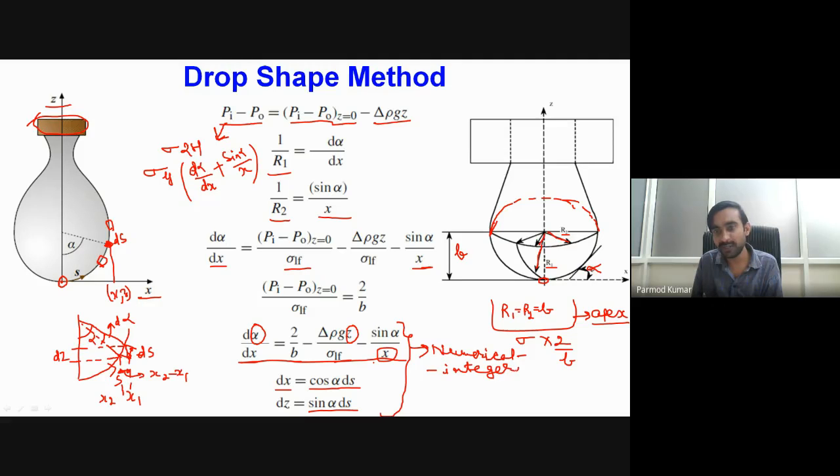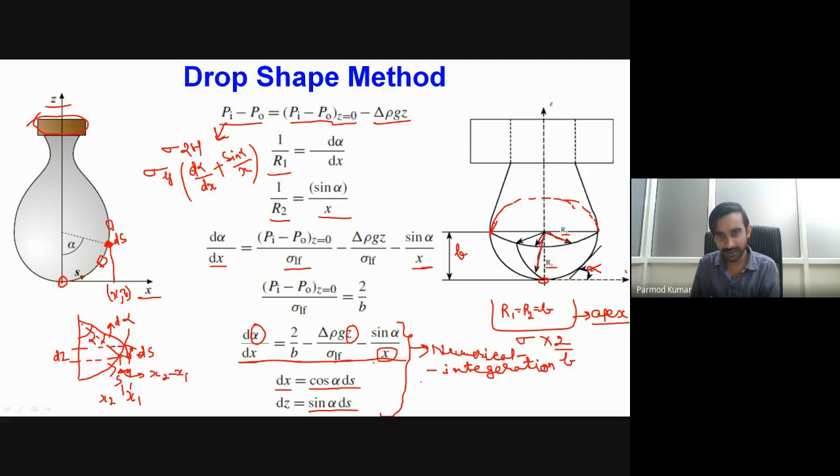When we are doing the numerical integration, because we have three different equations, if you see, the order of each equation is unity. The order of this equation, d alpha by dx, is 1. Here dx by ds, order is 1, and dz by ds, here also order is 1. So if we have three equations of single order, while performing the numerical integration to find out the entire step of the drop profile, we require three boundary